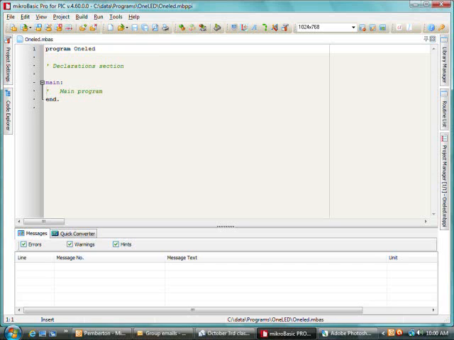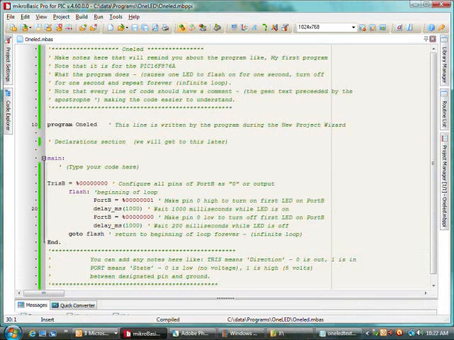That is where you type your code, and if you look, I have typed in a suggestion here. Notice that I have comments in the top that talk about what the program is for, maybe some notes at the end that describe some things that you found a little unusual, and of course the program, which you can find in the book. This concludes the tutorial on creating a new project in MikroBasic Pro